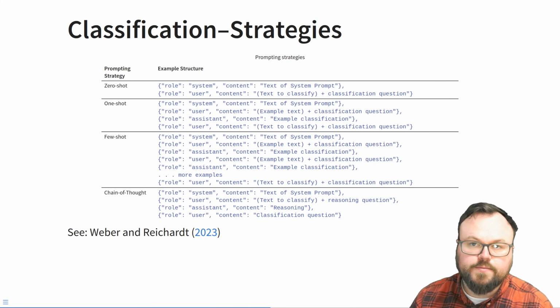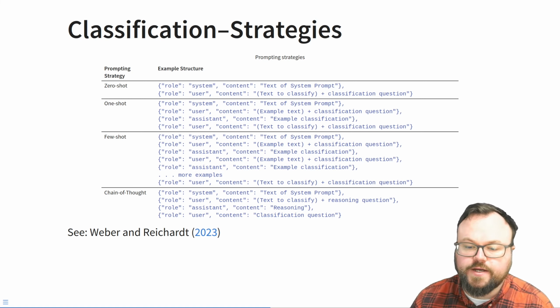So the first example for using these LLMs in research is classification, as I said earlier. And there is already some literature on it. I really like the paper by Weber and Reichert, as I said before. And they show this table with different prompting strategies. So essentially, zero shot means you don't give the model any more information than the prompt that you're asking. One shot means you give it one example. Few shot means you give it a couple of examples of how it should treat text, how it should annotate,